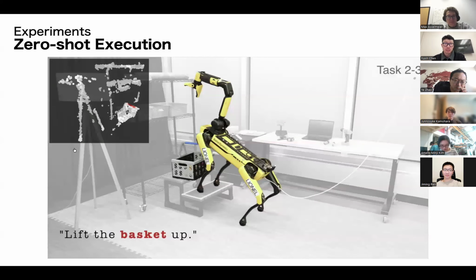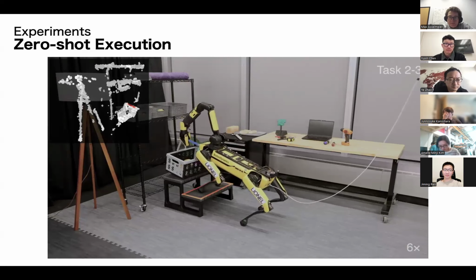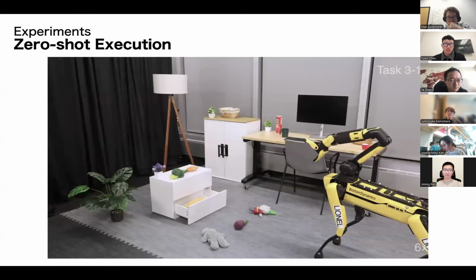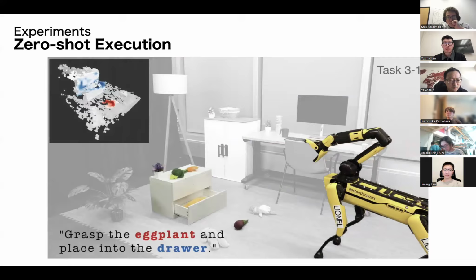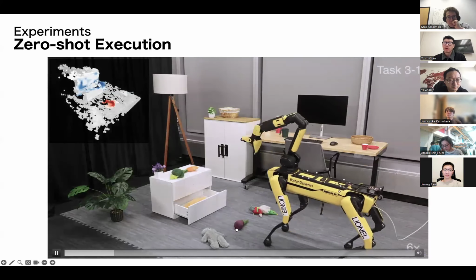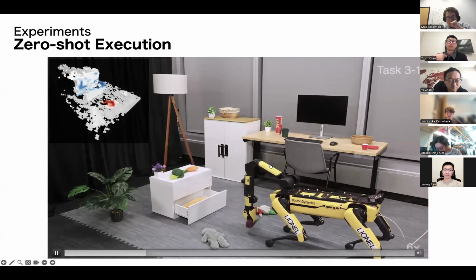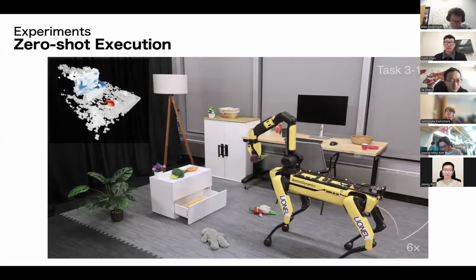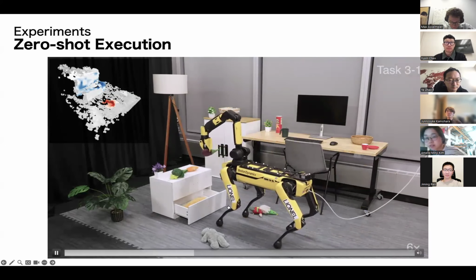So you can see it's highlighted the handle of the basket. And this one's more complex actually, because this is mobile manipulation. So once we specify, okay, you try to grab this eggplant on the ground, it has to first move forward to the eggplant, and then place it into the open drawer.